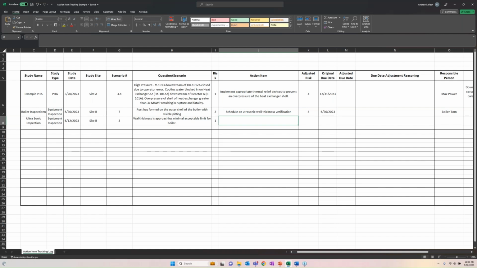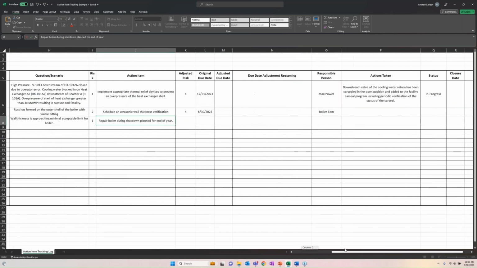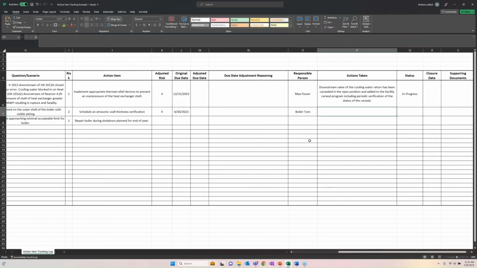And they do that, and you're still operating within that limit, but it's approaching that minimal thickness that you can accept. So you set your action item to repair the boiler during your planned shutdown for the end of the year. And you can close this one saying,